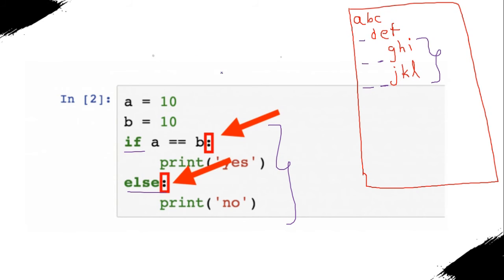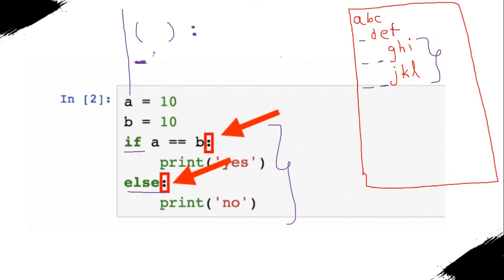Basically, we can understand it in this manner: whenever you use a colon, after that you have to give a proper indentation. By indentation I mean that you can simply press the tab key once. So let's say this is a line and the program starts from here and then there is a colon here. Now after the colon you can't start your line from here, right? It would give an error.